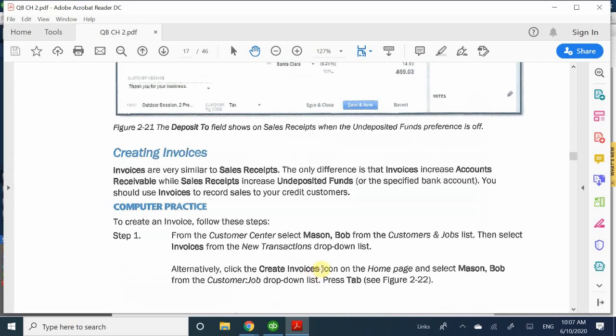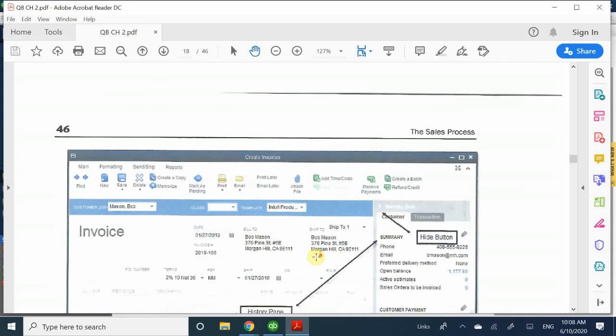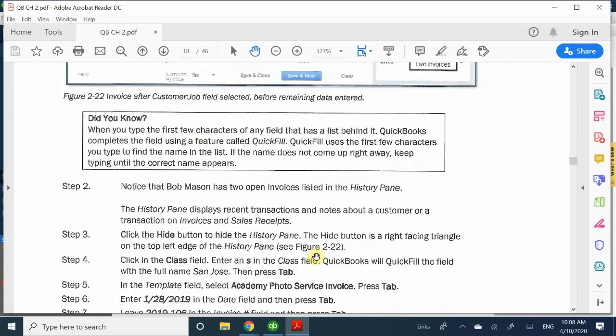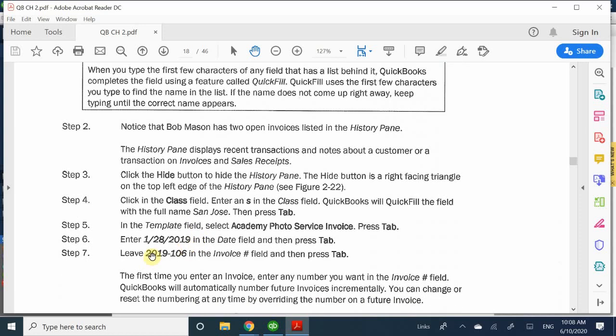Now it's going to ask us to select Bob Mason and open 2 invoices listed in his history. Okay, so we're going to enter January 28. Our invoice number is going to be 106. And it's going to be for